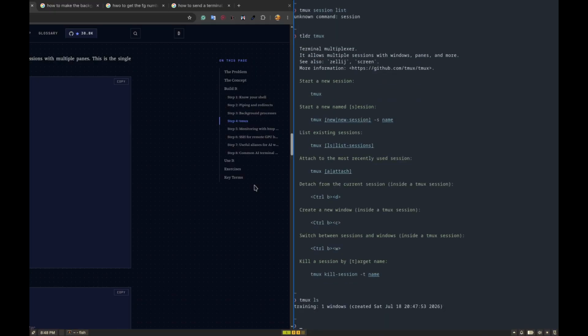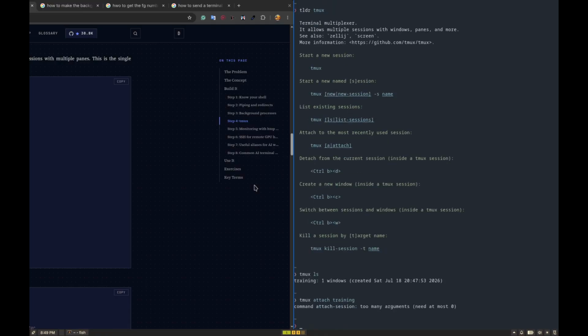So there is this window with training. So I can do tmux reattach. There's a reattach, so existing sessions. Tmux attach to the training. Tmux attach -t training